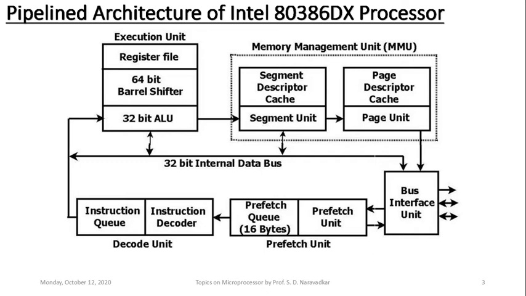Whereas the next section of that memory management unit is the paging unit, which contains internally the page unit and the page descriptor cache. This is optional. Optional in the sense that the processor may perform the paging operation or may not, and it is entirely decided by the user. So these are the 6 pipeline units or pipeline sections of the 80386DX processor from Intel. Now let us elaborate one by one. So on my next slide,